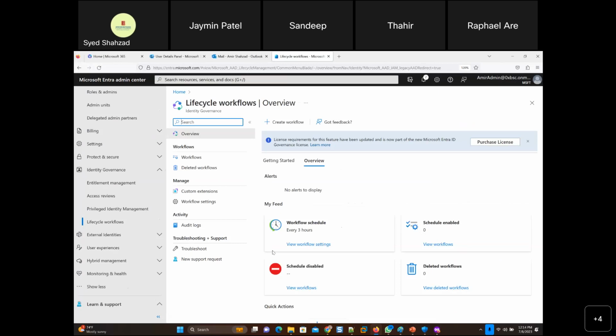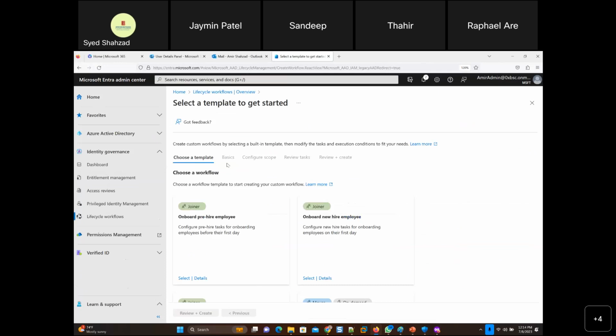Okay, anyway, so this is a lifecycle workflow. And if I click create lifecycle workflow, what is this automating? What is this for, right? If I click create lifecycle workflow, they say choose a template. What do you want to do? Is there a scenario where a new person got hired and you want to onboard that person?